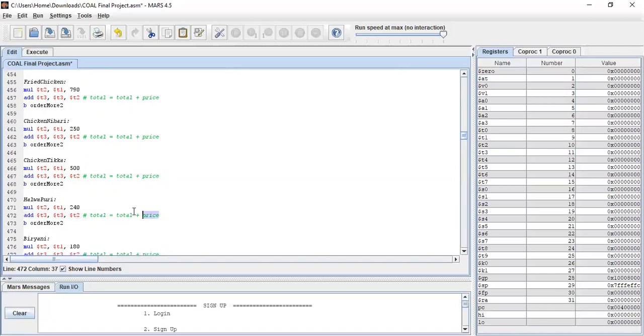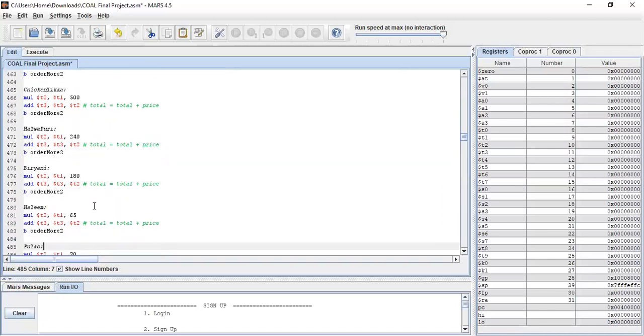So 180 plus 240 will result in this total. So it will be like this. I have the price of halwa puri in $t2. In total, I have the price of burger, that is 180, which will sum up in the $t3, the price of burger and the halwa puri.